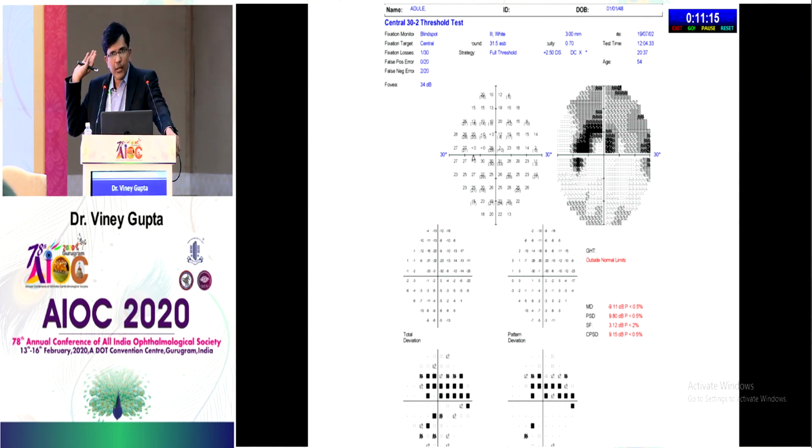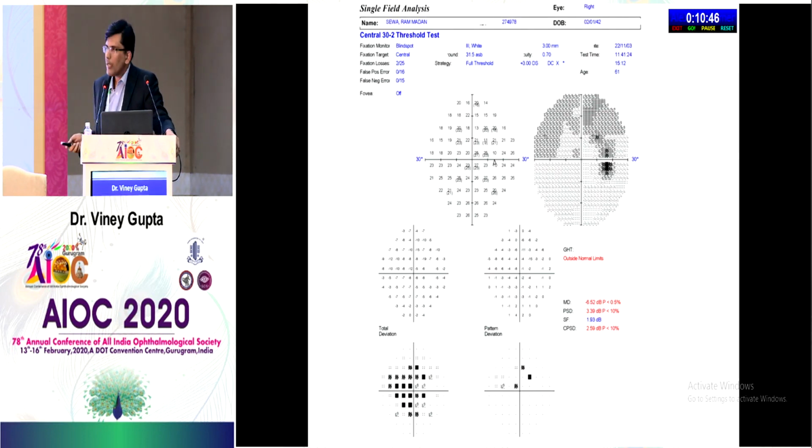So seeing just the perimetry is not enough, right? So these are parameters. And what does the mean deviation show? -9, right? So if it is a glaucomatous defect, you can even categorize them as mild, moderate, and severe. Mild is less than 6. Between 6 and 12 is about moderate, and more than 12 to 18 is severe, and so on, right? So you can even look at the mean deviation and say what is the severity of this visual field defect.